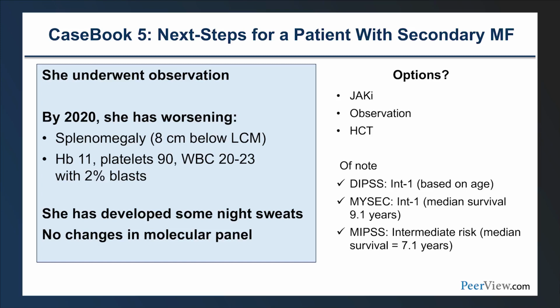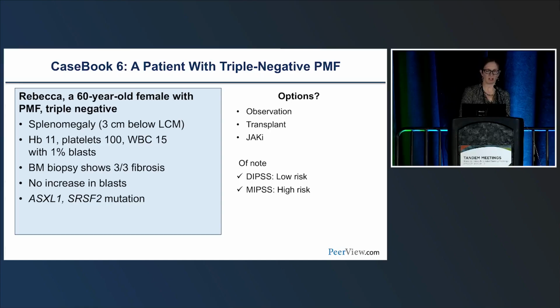We know that the median time of response for JAK inhibitors is 3 years. We still have Fedratinib, we have other agents, and she's 72 years of age. So it would be a really careful discussion about transplant, but I'm not sure this is a patient I would transplant up front. And so the last case is Rebecca, a 60-year-old female with primary myelofibrosis, triple negative, so